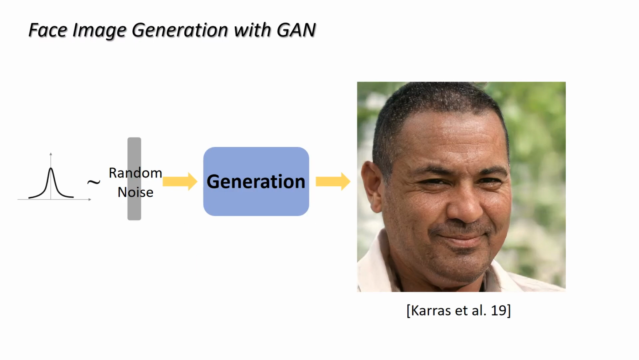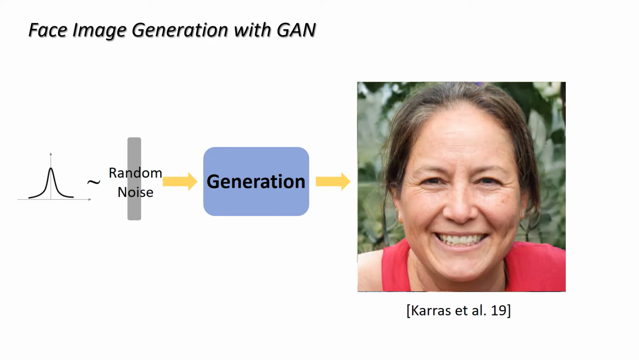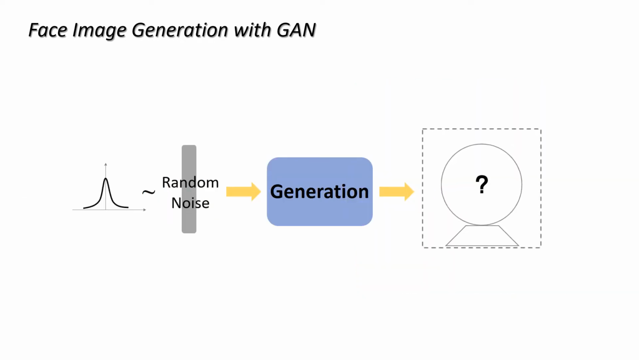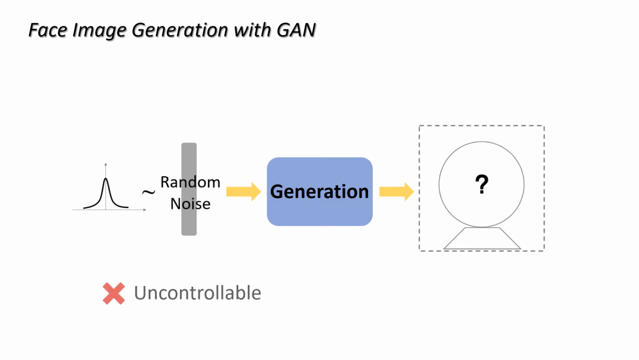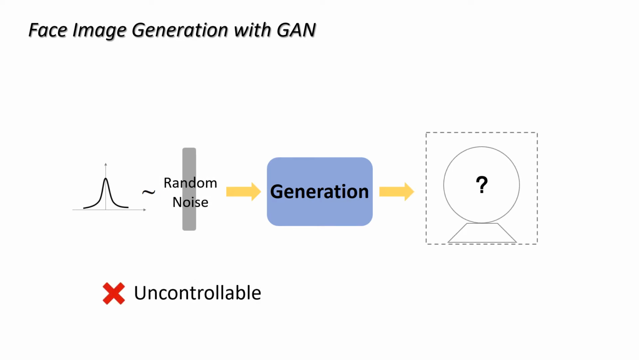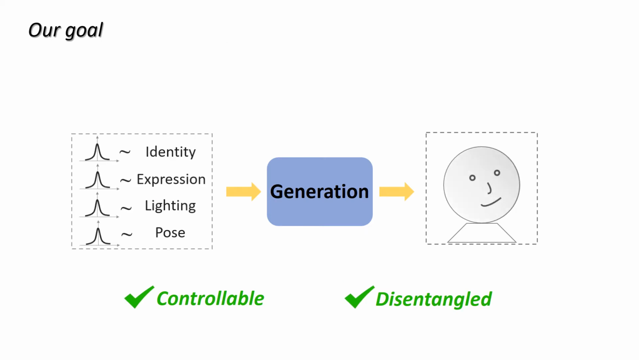Nowadays, state-of-the-art GAN models, such as StyleGAN, can generate high-quality face images that are even hard to distinguish from real ones. However, the process of mapping a random noise to an image in GAN is unpredictable. Given a random noise, we don't know what kind of face will be generated, and multiple face attributes will be changed simultaneously if we switch from one noise input to another. Therefore, we seek to generate face images with independent latent variables such as identity, expression, lighting, and pose to make